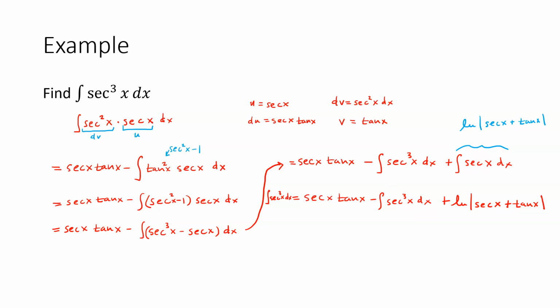So we can do that trick now by isolating the integral of secant cubed, adding the integral of secant cubed to both sides. Over here, now this becomes 2 times the integral of secant cubed. And what we're left with over here is secant x tangent x plus ln absolute value of secant x plus tangent x. And then finally, dividing by two, we get our integral of secant cubed